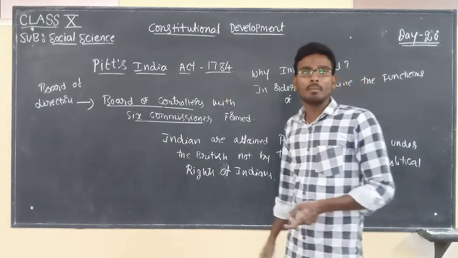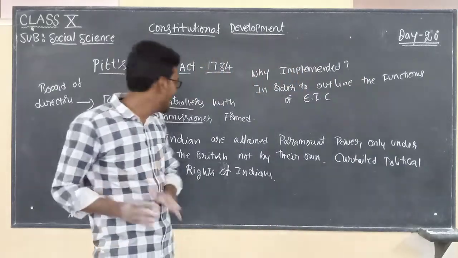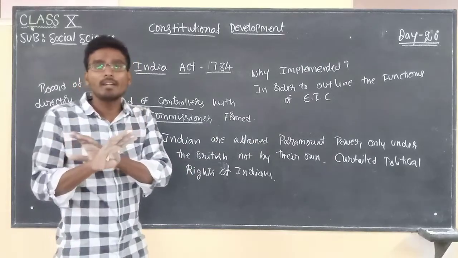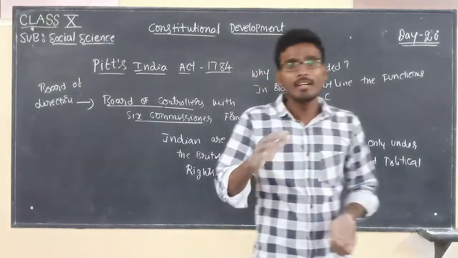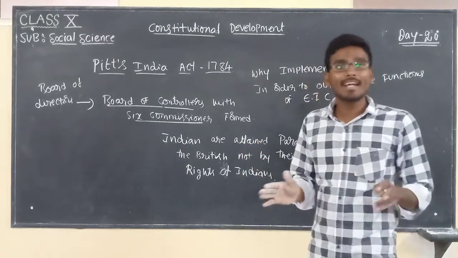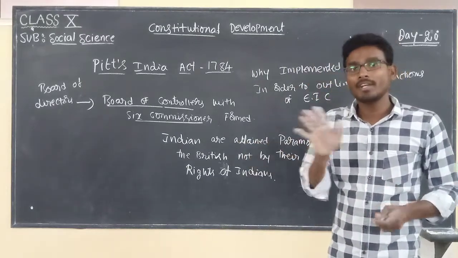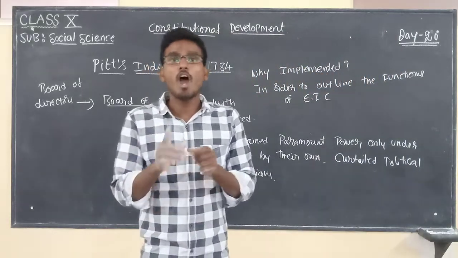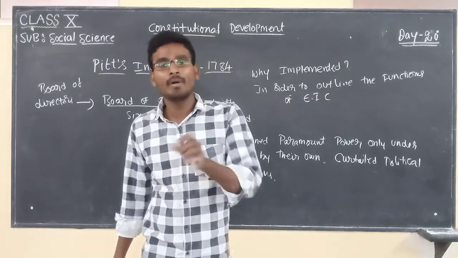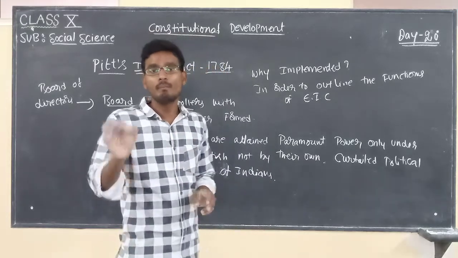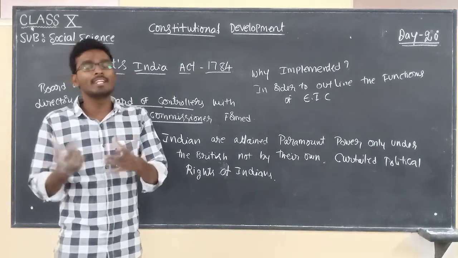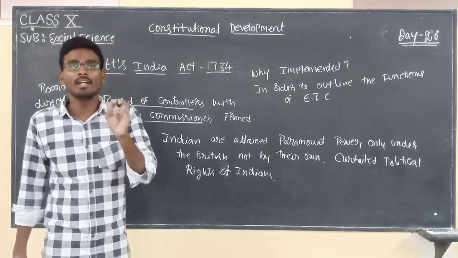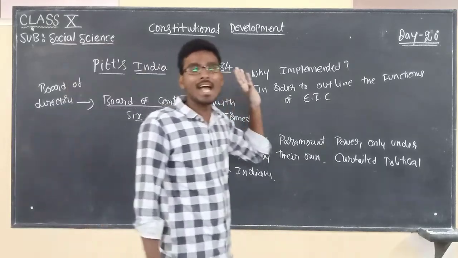So what Pitt's India Act stated: Indians have attained paramount power under the British rule only, but not by their own. And then the British government completely curtailed, means stopped, the political rights of Indians. And they clearly described that the places occupied by British East India Company are the integral part of British government. And they finally stated British government is the ultimate power over India. That is all about Pitt's India Act